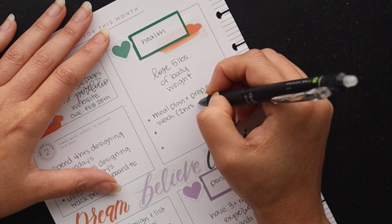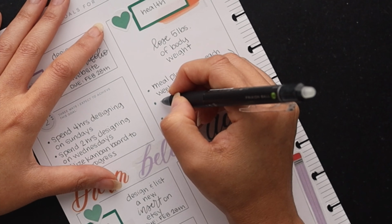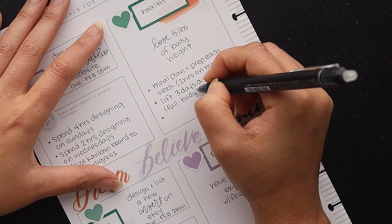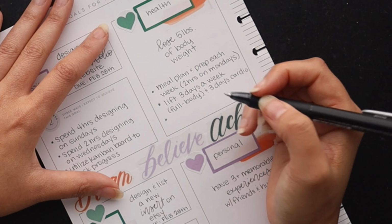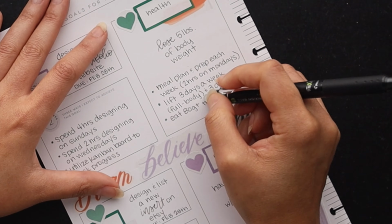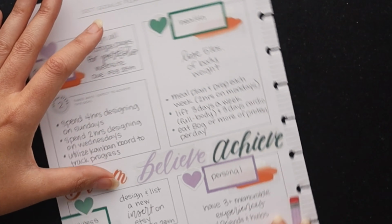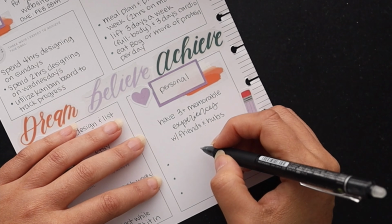I will try to meal plan and prep each week, and I'll be devoting 2 hours on Mondays to that process. I'll also try to lift more, devoting 3 days a week, and also 3 days to cardio. And then for more of a nutrition-based focus, I'll be looking to eat 80 grams of protein or more each day. That should help cut back on the amount of sugar and carbs that I am eating and keep me